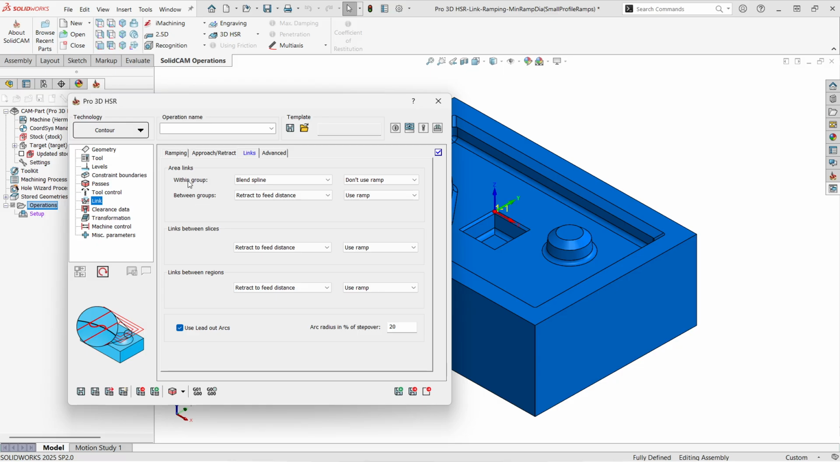Within group specifies the link motions between the adjacent cuts in a single group. Between groups specifies the link moves between the different groups inside a single region on the same cutting layer. When I say same cutting layer, it is one step down. Let's see